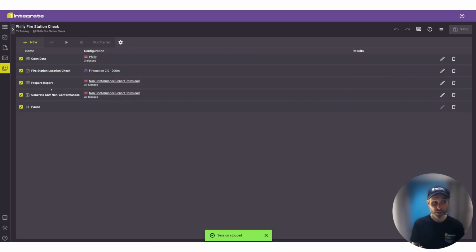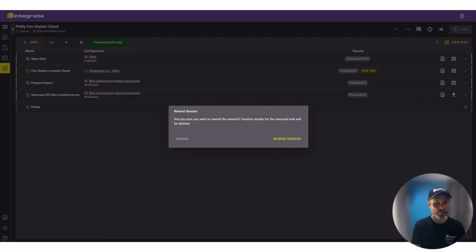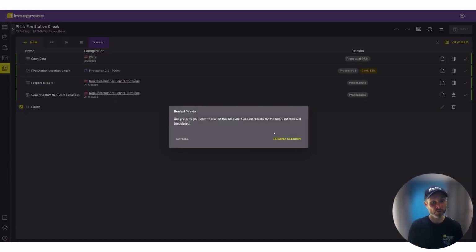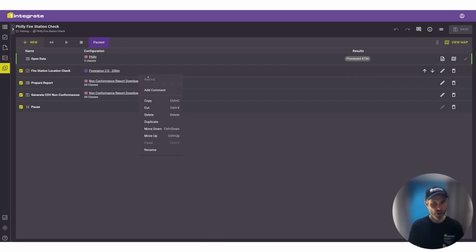When we're building out our sessions, we can stop and start them at any point in time. As soon as we hit the play button, it's going to grab the latest data from those data sources, process the information in the right way. We can rewind different steps, step back a few elements in our workflow that we're building, always quite important when we're designing the workflows in the first place, and then change our rules or our definitions if we want, play out the session again, check out the results and build up a real nice audit history and a nice evidence-based